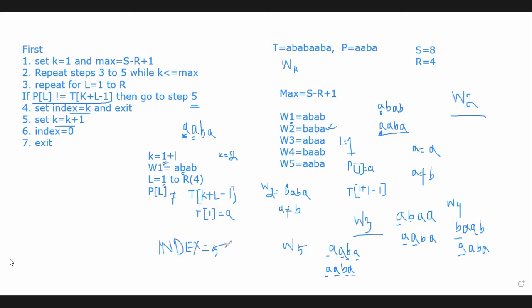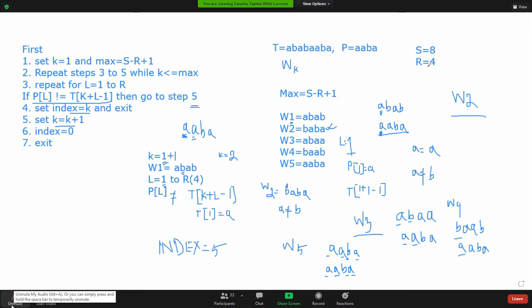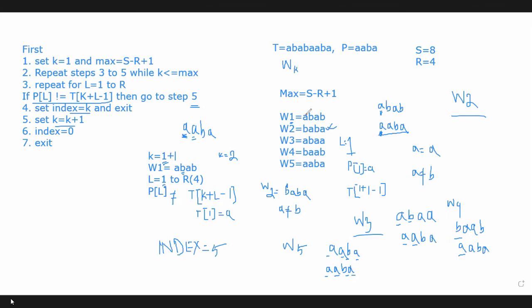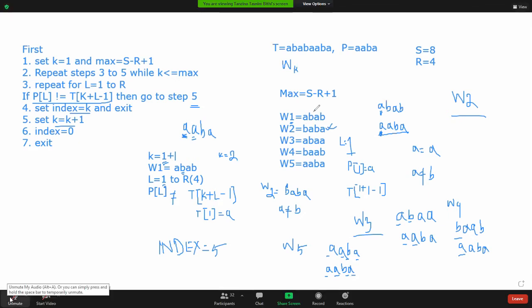This is called the slow pattern matching algorithm because we have to check all the substrings, isn't it? We have to test all the substrings for the given pattern. That's why it's called the slow pattern matching algorithm. At first we have to create some substrings, right? How many substrings you can create depends on the length of T and the length of P. That is the first step. Then you have to test all the characters of the pattern with the characters of the substrings.